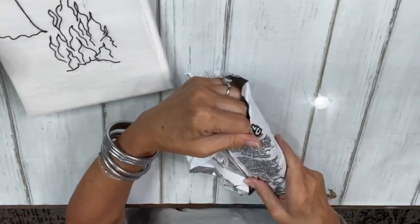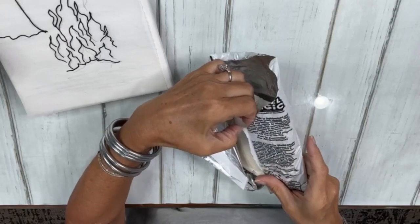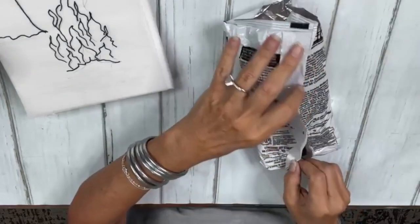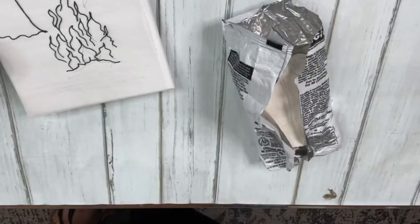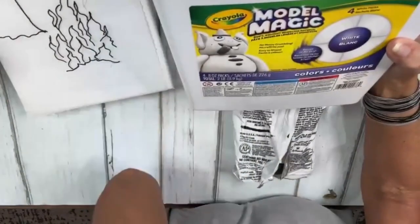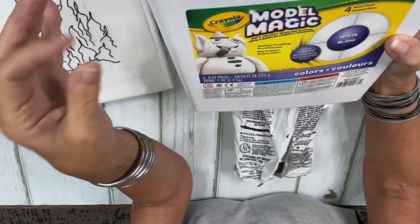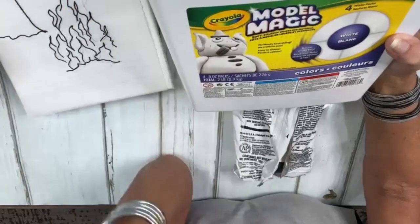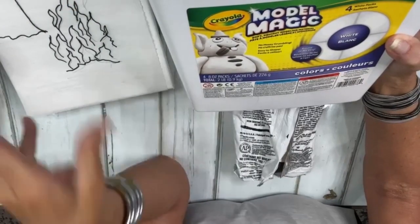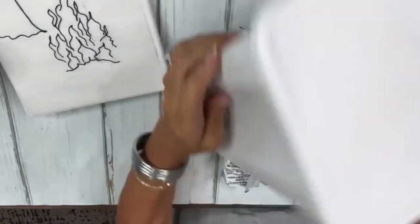Magic, it's lightweight. Leave out to air dry. It doesn't really say, hang on y'all. It doesn't really say how long, but let me get this back and see. Reuse or air dry. Soft, squishy, modeling material, yada, yada. Doesn't say how long, but I can tell you that if you make them one day, the next day they're